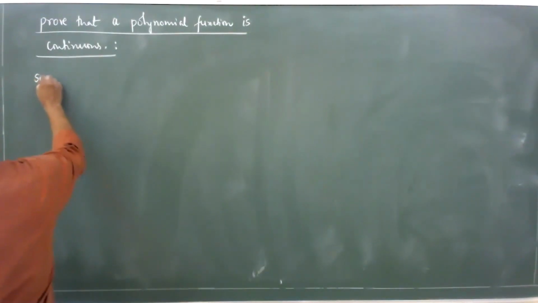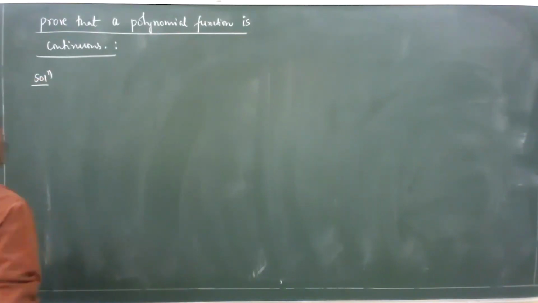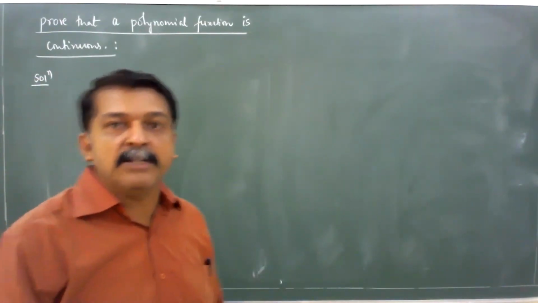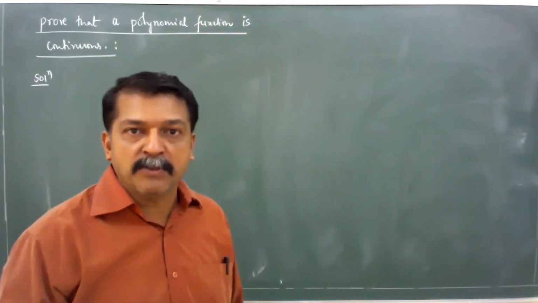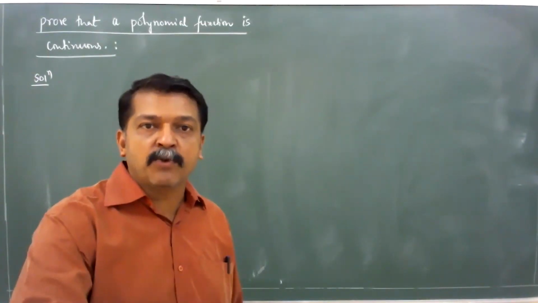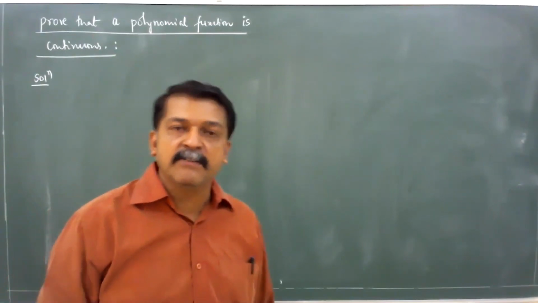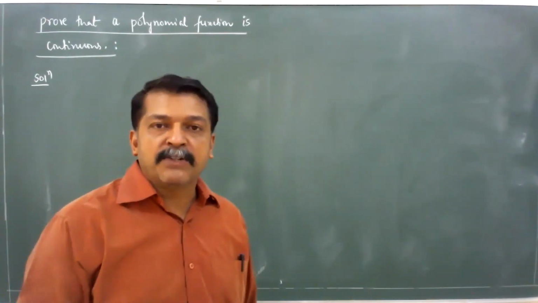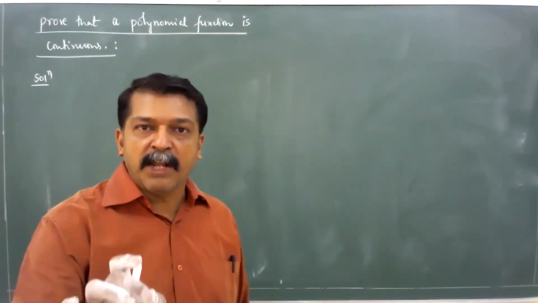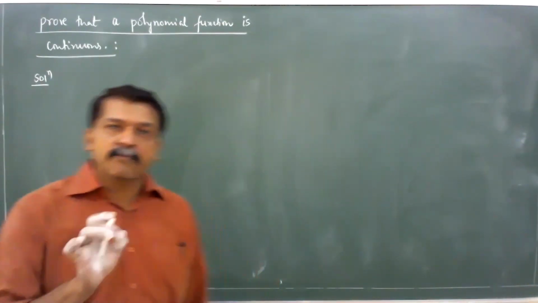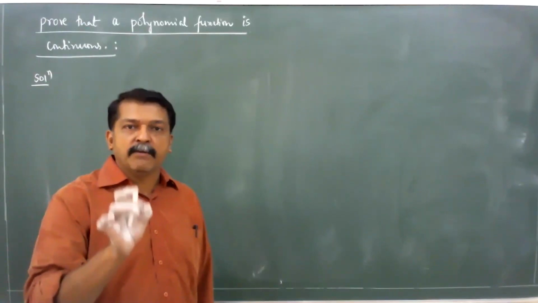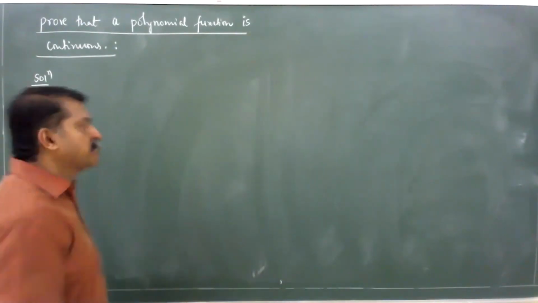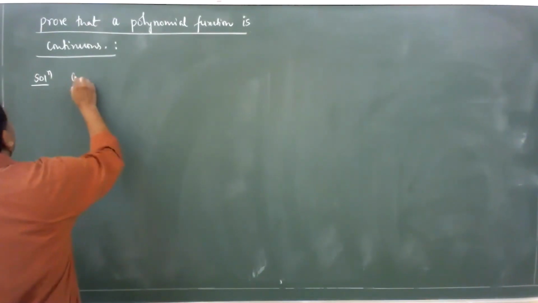Solution. Observe that we have to prove that a polynomial function is continuous. It is not about continuity at a point and all those things. In general, we have to prove that a polynomial function is continuous. Since they have not mentioned anything about the domain, we should consider the domain as the set of real numbers. That means for each and every real number, you have to show that the polynomial function is continuous. How to do it? Consider